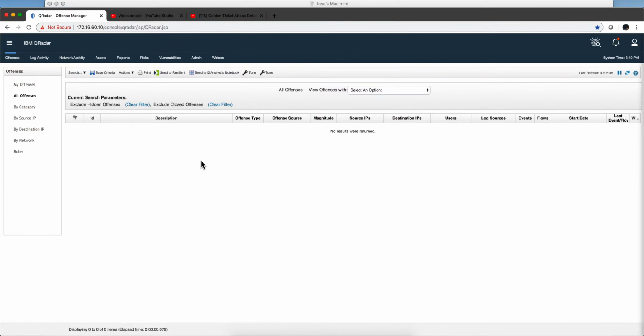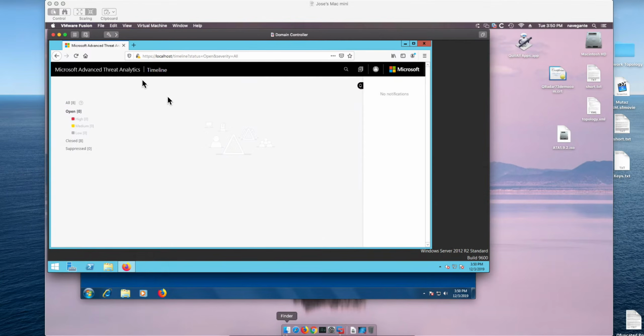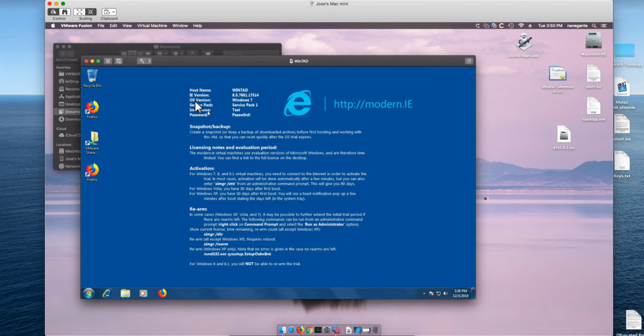So we have a clean QRadar system. We also have Microsoft ATA on the domain controller, clean here. And we're going to be doing actually two attacks. One is also called overpass the hash, in which we are going to be doing the attack without asking for an actual Kerberos ticket as we did in the first attack. And then we're going to be doing a synchronization attack, which gives us a tremendous amount of data about what